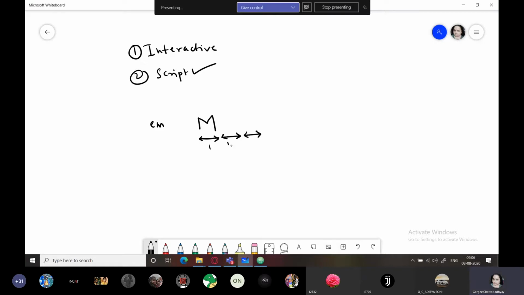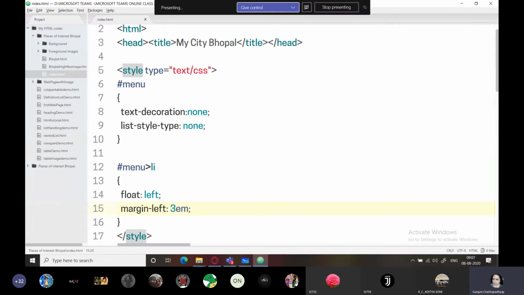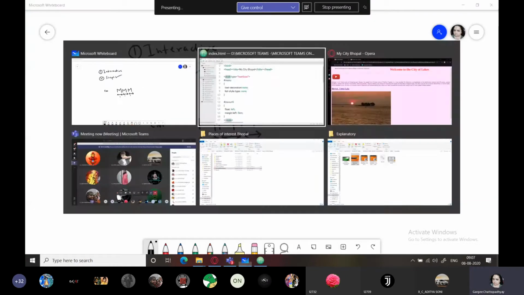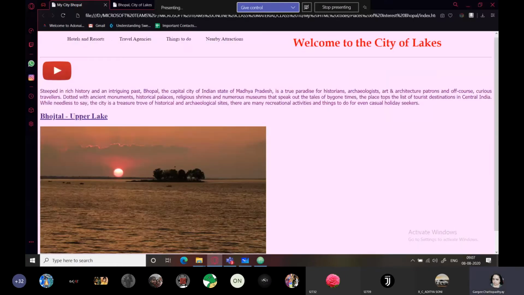Total of spaces required by M placed 3 times. Understood? So M space I will be giving as 3M. Okay. So now you can see that there is a space of 3M in between all the